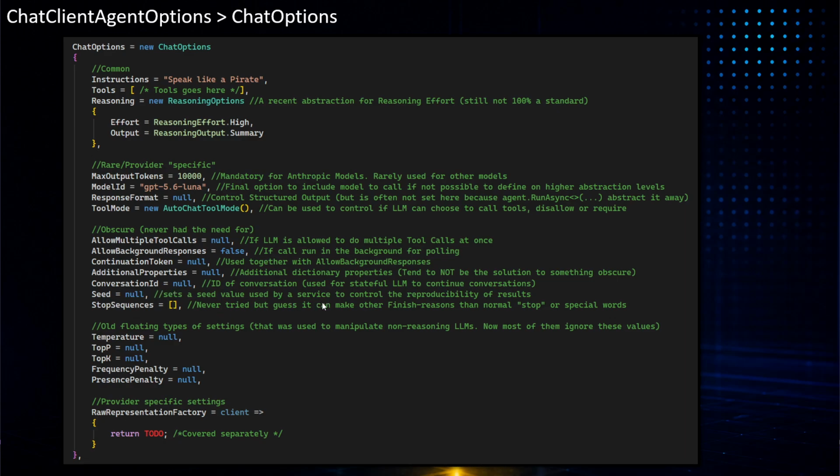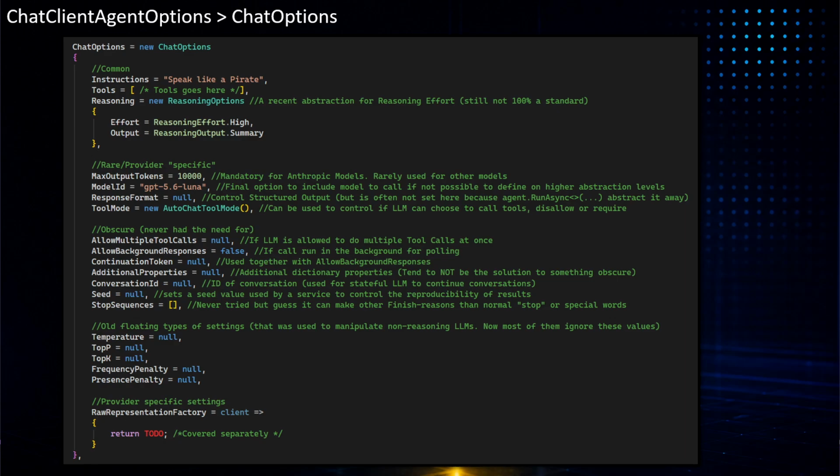Seed should, if you know seeds from games and other things, make things repeatable. So it's like Math.Random, where you can put in a seed, so it will give reproducible results. But if you read closer on seed, it's actually not guaranteed because we are dealing with LLMs here, but it will try as much as possible to give reproducible results.